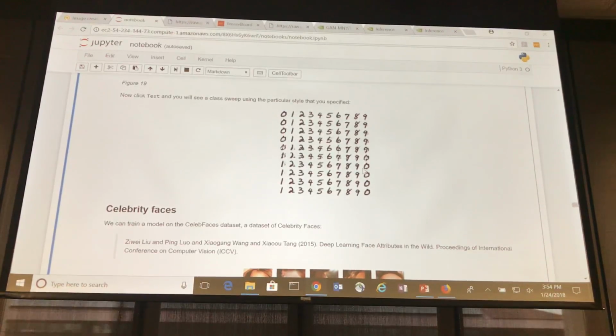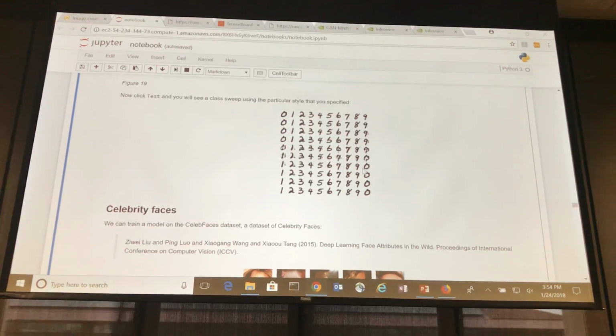And all of these digits, again, are of a particular style, and the style happens to be from the input that we gave it. Right, again, the z vector extracted out the particular style. It did not extract the number 3 per se, because we conditioned the GAN. All right, but this extracted the particular style of 3,